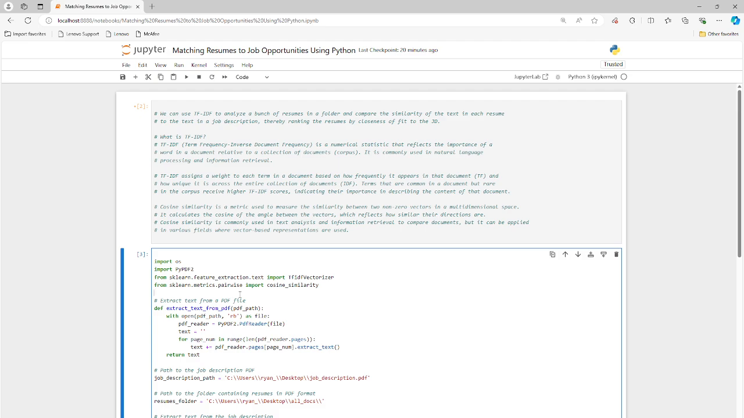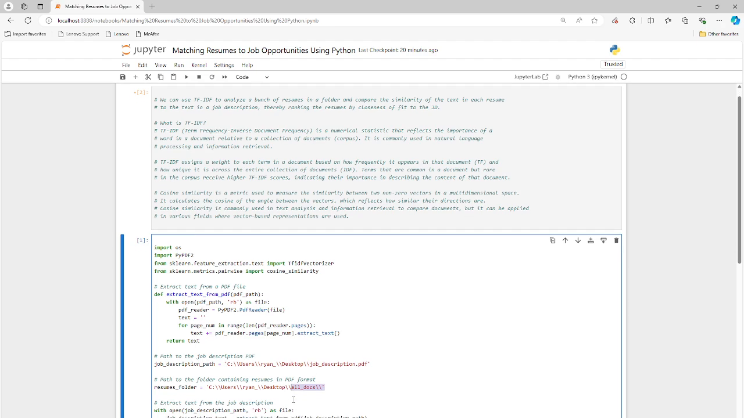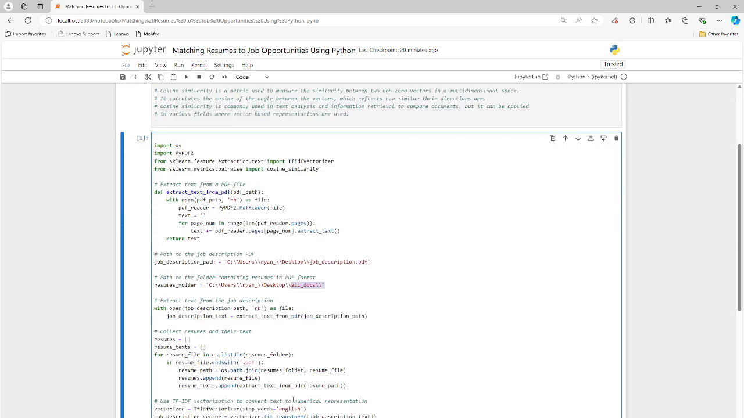I can tell you offhand, it's actually Amy, because I just showed you that. So we have the job description here, saved on my desktop. I have a whole bunch of resumes saved in this folder, also sitting on my desktop. It's called All Docs. It's going to scan through all those PDF files, extract useful information from each one, and start compiling all of those resume data points into this list called resumes,